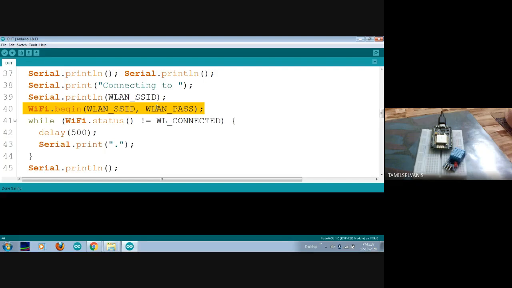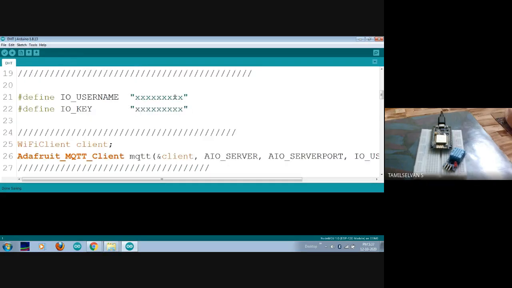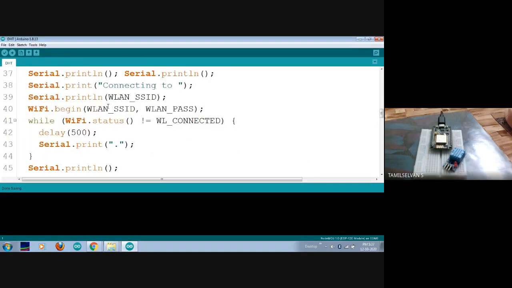So it will get an internet facility for my ESP8266 device. So for this I need to call this function WiFi.begin, and this particular function is defined in the ESP8266WiFi.h header library. So through that library it will be connecting to the network.